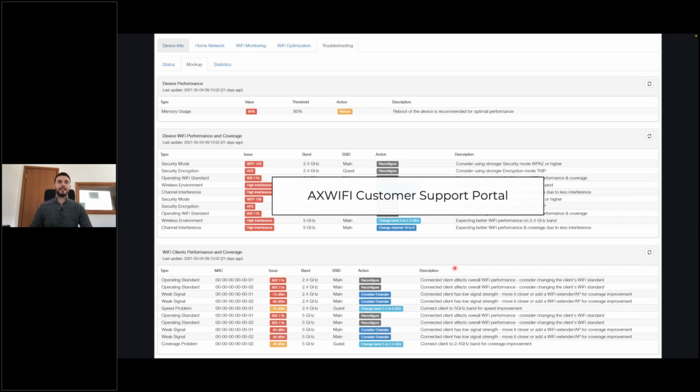But reading this page is pretty simple. On the left side, we see what is the problem which is happening to the device. And on the right side, we see the solution. So what is the action necessary to fix it, and a quick description of how this would solve the issue which is happening with the customer.